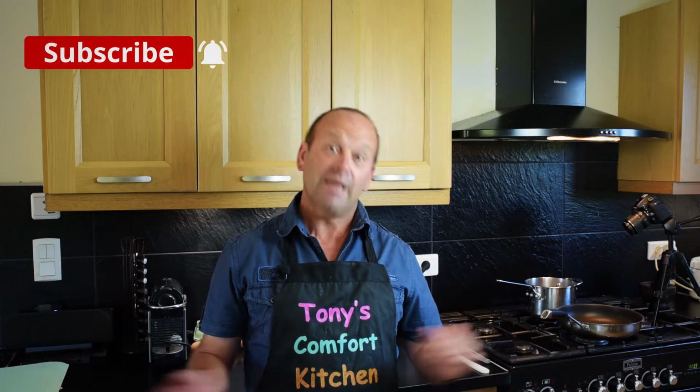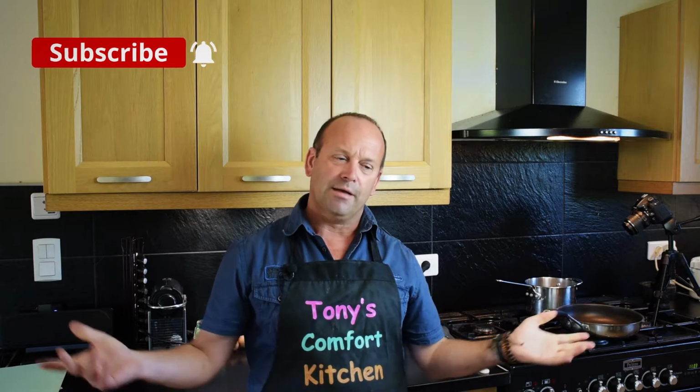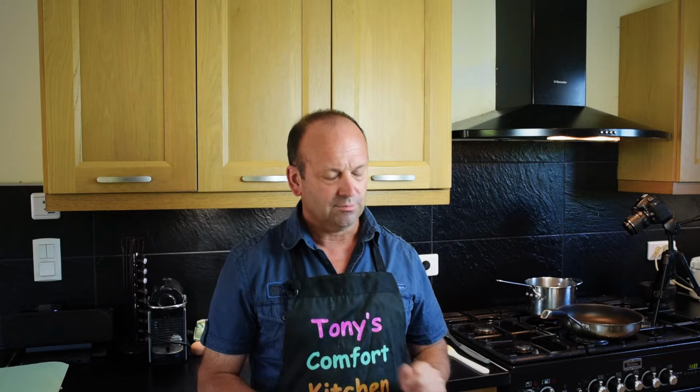Now today I'm doing yet another pasta dish, and I've done quite a few, but it's my favourite food. And today I'm cooking a carbonara. Now then, I'm not doing a traditional carbonara, I'm doing a non-traditional carbonara. Instead of using pancetta or guanciale, I'm going to be using a very trendy ingredient, or it seems to be anyway. I'm using Nduja. Now if you don't know what Nduja is, it is a spicy, spreadable Italian sausage from